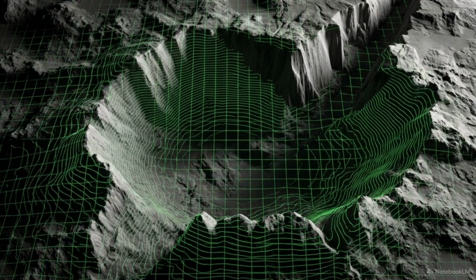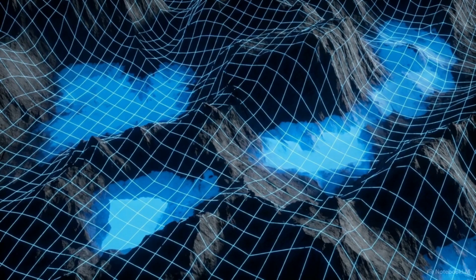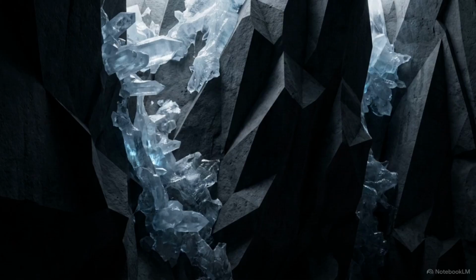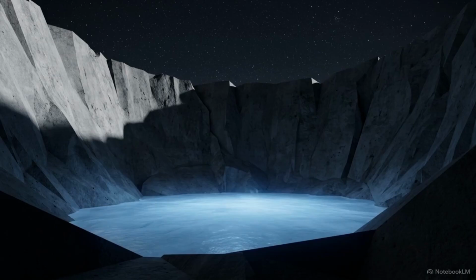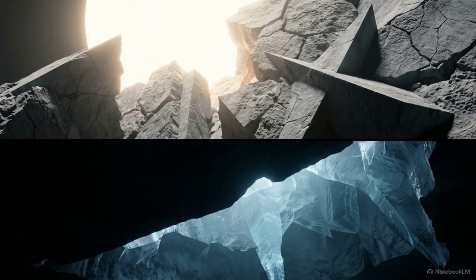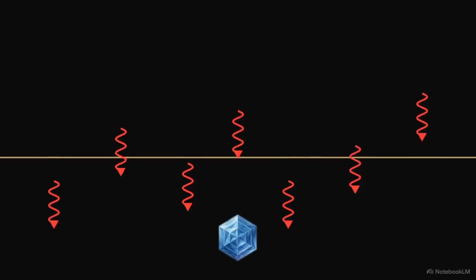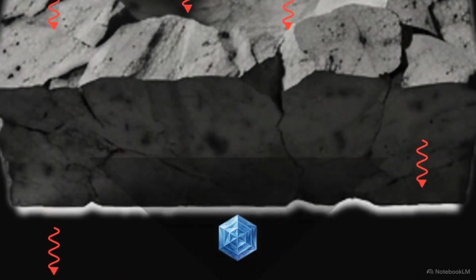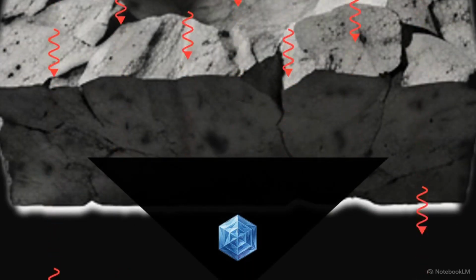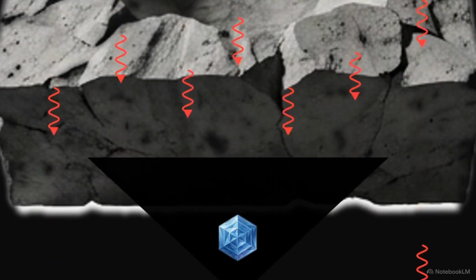Instruments mapping these isolated impact basins discovered highly reflective patches. They act as deep freezers, harboring massive deposits of frozen water. Millions of miles from the blinding surface of the Sun, fire and ice are locked together in a permanent stalemate. Finding ice this close to a star changes our understanding of where volatile materials can survive in the inner solar system. It proves that the essential compounds for life can endure the most hostile, irradiated environments imaginable, provided they have a deep enough shadow to hide inside.